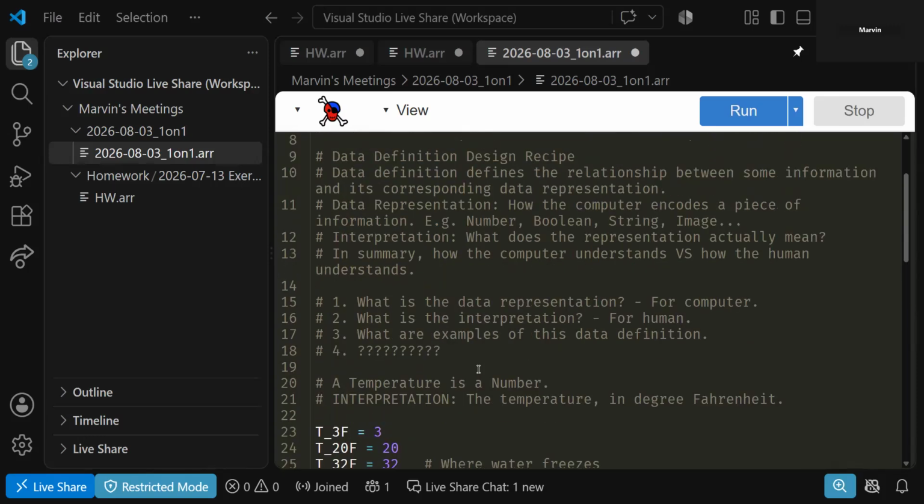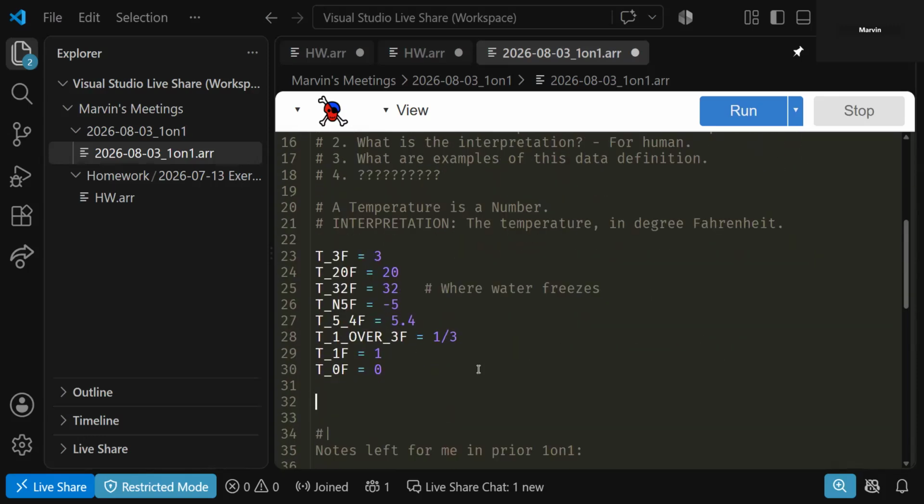All right. So next we are going to cover the function design recipe. Data definitions are just things, information. But what can we do with them? That's why we do computer programming, right? So we can perform operations on data. So how do we write functions systematically? So the first step is